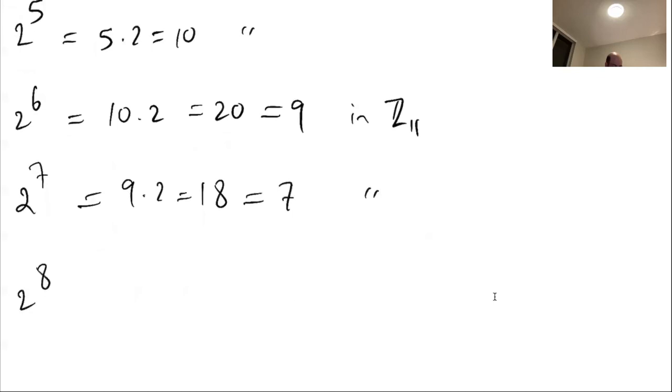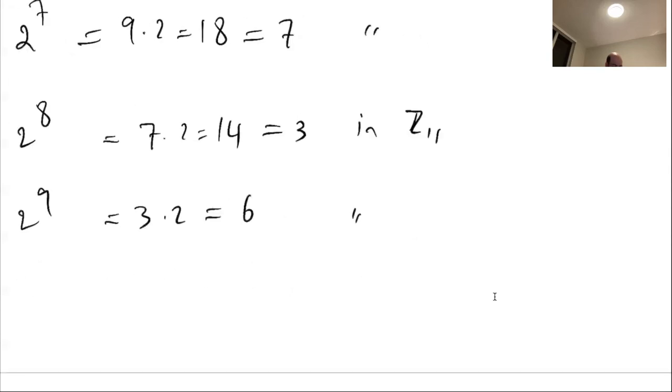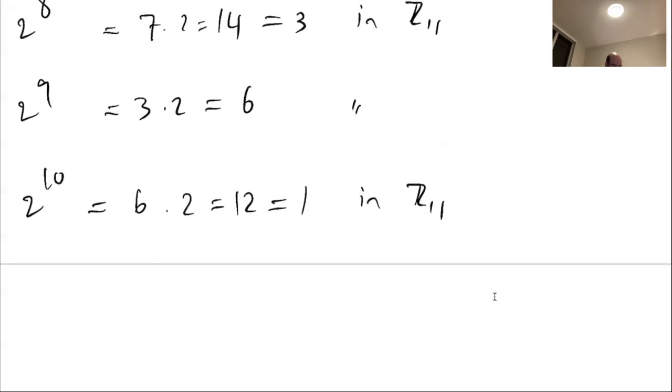2 to the power 8 is 2 to the power 7 times 2. 2 to the power 7 is 7. So 7 times 2, 14, which is the same as 3 in Z11. 2 to the power 9 is the previous one times 2, so 3 times 2, that's 6 in Z11. 2 to the power 10 is the previous one, which is 6 times 2, which is 12, and 12 is 1 in Z11. So that means 2 is a primitive